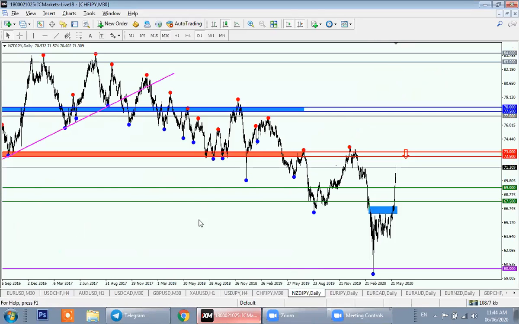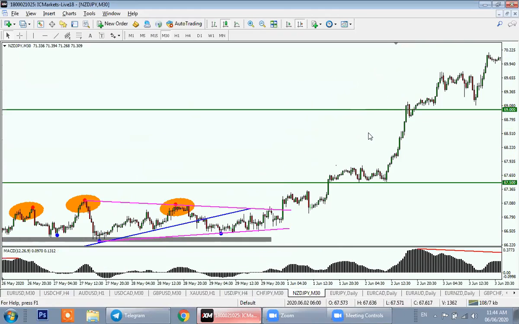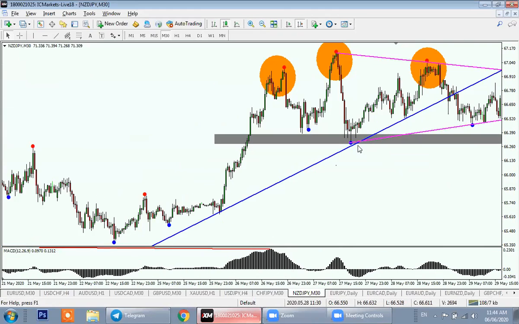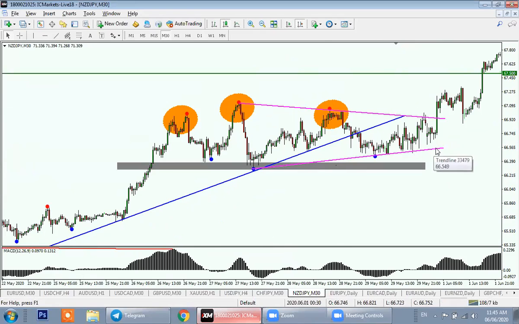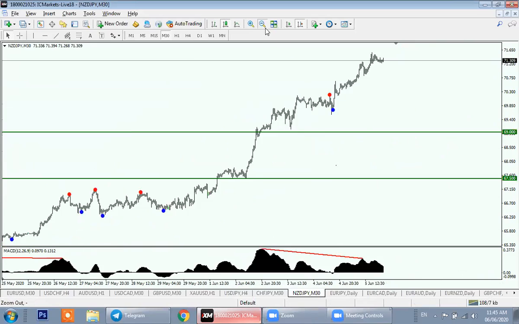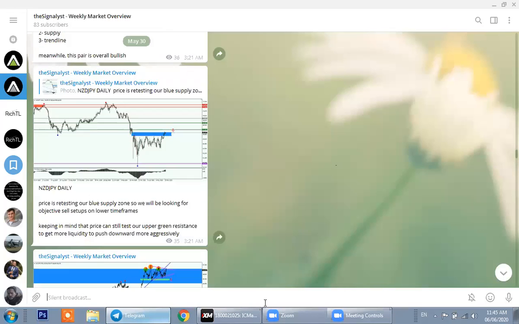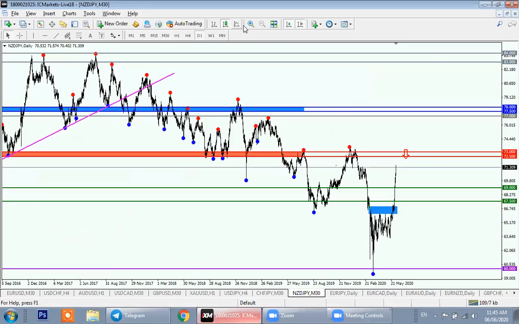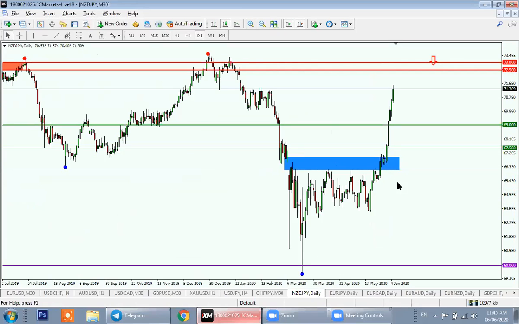And on NZD JPY, here's our view from M30. Price didn't break objectively below our blue or purple trend line and didn't respect our head and shoulders pattern. So all these lines can be deleted. Here we go. From daily perspective, price broke above our upper supply zone and then above